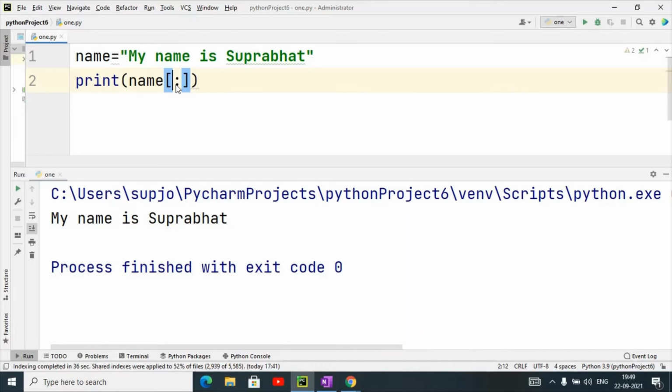Okay, suppose I can also give the end point like this: suppose I have given the start point as -5 and the end point as -2. So what does it mean? Now I am going to tell you what that means.